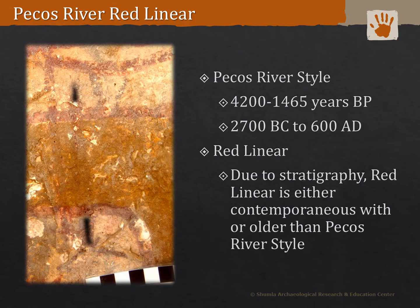Using Dynolight field microscopy, Boyd and Shumla archaeologists Charles Koenig and Amanda Castaneda have identified 38 examples of Pecos River style paintings superimposing red linear style pictographs at 6 sites in the region. With the Pecos River style dating to 4200 to 1465 years BP, this stratigraphy demonstrates that the red linear is